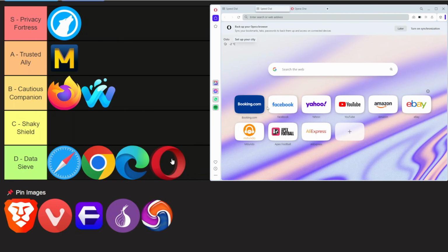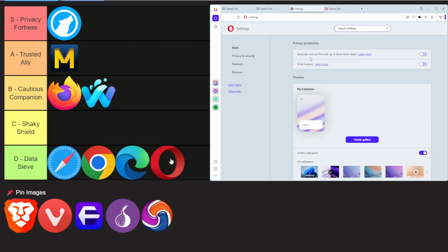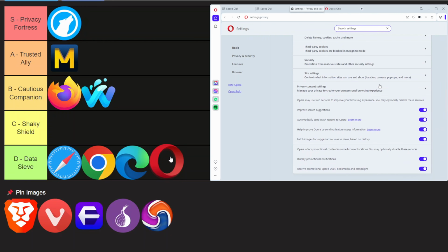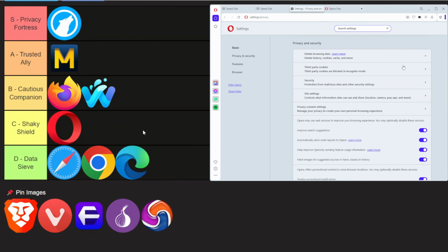Well, despite its flashy features, Opera performs poorly when it comes to privacy. On privacytest.org, it scores terribly for fingerprinting resistance, tracking protections, parameter stripping, and do not track signals. These gaps leave you exposed to extensive tracking and profiling across the web. Opera's history isn't spotless. Reports of questionable financial practices on their mobile platforms, such as predatory loan advertisements with exorbitant interest rates, have tarnished its credibility. While unrelated to the desktop browser, this raises broader ethical concerns about the company. Opera easily lands in the C tier, a browser with some redeeming features, but too many privacy red flags to